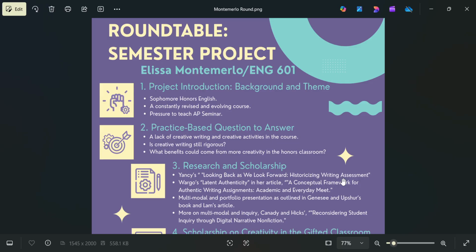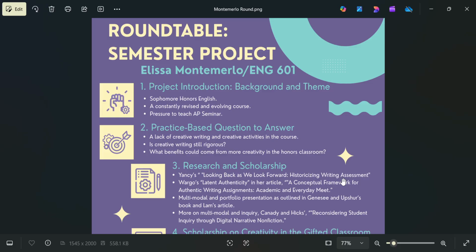I want the writing my students do to aid them in what Wargo calls developing agency. It can be a bridge, as Wargo described it. I'd like the work that the students do to be collected in some sort of portfolio. I'm not sure if it will be digital or physical, but I really enjoyed our discussions on portfolios and have brainstormed some new ways to approach this from our in-class discussions. And this harkens back to the articles by Janice and Upshur and by Lamb.